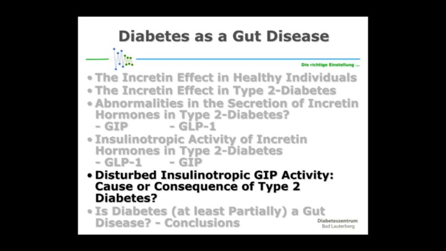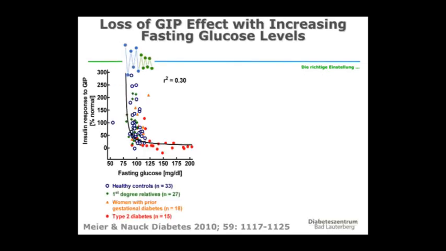So the real question now is: is this disturbed insulinotropic activity of GIP a cause or a consequence of type 2 diabetes? To that purpose, Joris Meyer, a former doctoral student who is now a very successful independent researcher in Bochum in Germany, and myself analyzed studies that we had done over the years. We looked at healthy subjects, first-degree relatives of type 2 diabetic patients in whom some predisposition might be visible, then women who previously had gestational